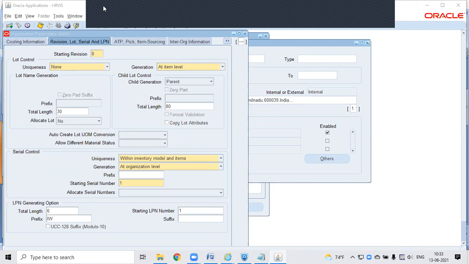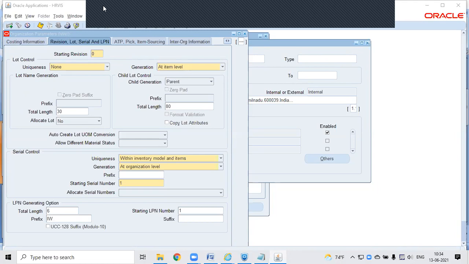For example, when I show you in the system how we generate the LPN, there is a button press called Control G, which automatically generates the LPN. When we press Control G, it will take the value from here and generate the LPN number. But if you predefine some LPNs outside of your system or generated through other programs, you can also define any other LPN and you can do the transaction using those LPNs.